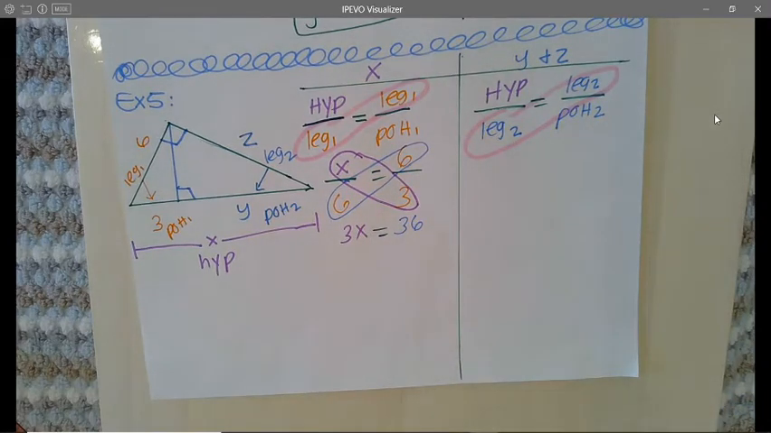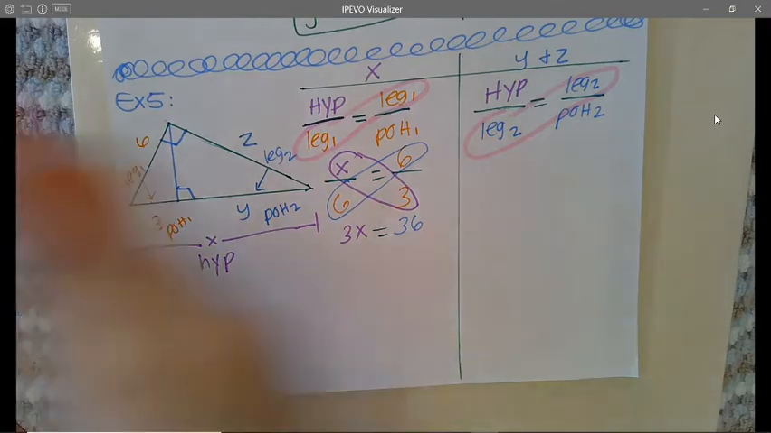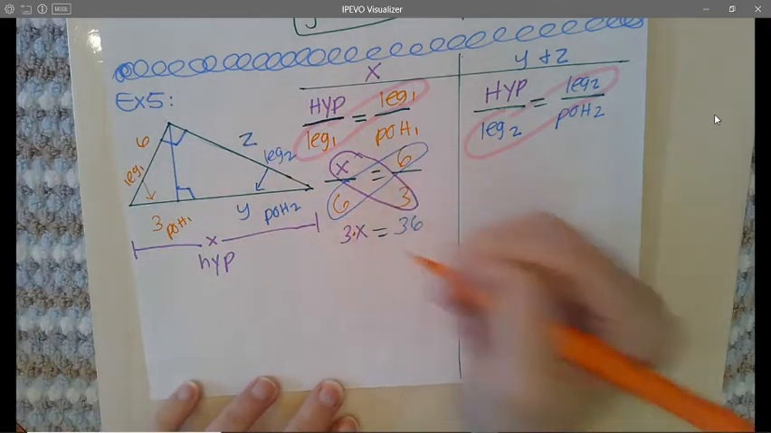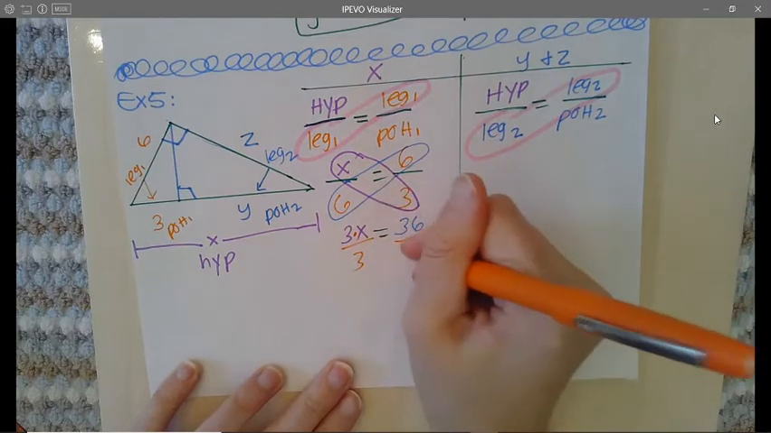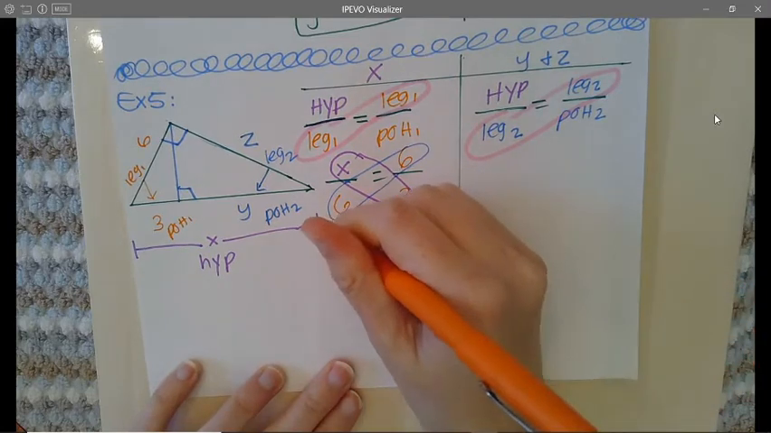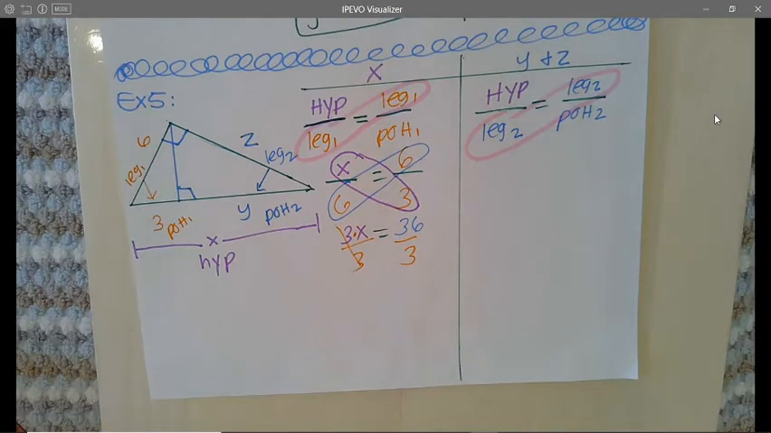Okay, let's solve for x, which will be our hypotenuse. Remember, the 3 and the x are secretly multiplying each other. So the way that I bring 3 to the other side is by dividing both sides by 3. And 3 divided by 3 will cancel and turn to 1. And 36 divided by 3, well,